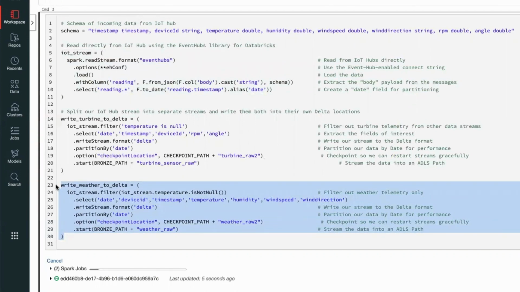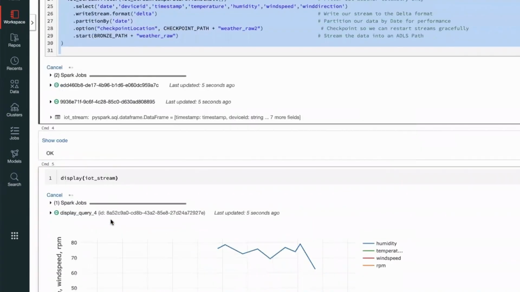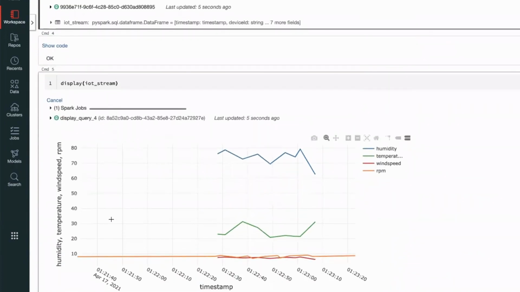Delta format is the foundation of the Delta Lakehouse architecture, and it provides streaming transactions and incremental data loads on top of your data lake. In this visualization of the streaming data frame, you can see the data being refreshed live, with new data points